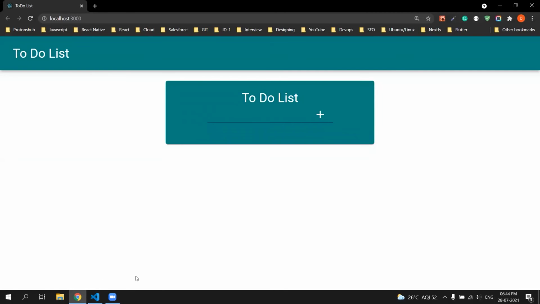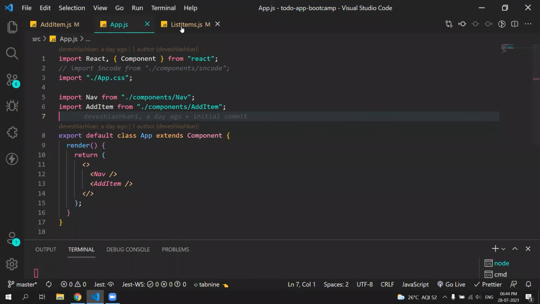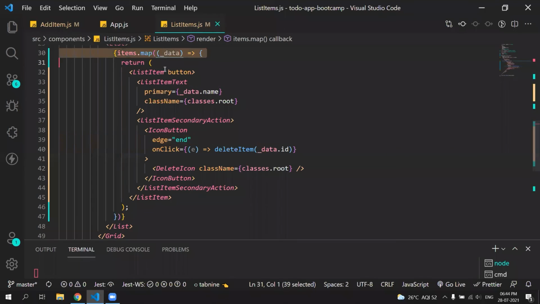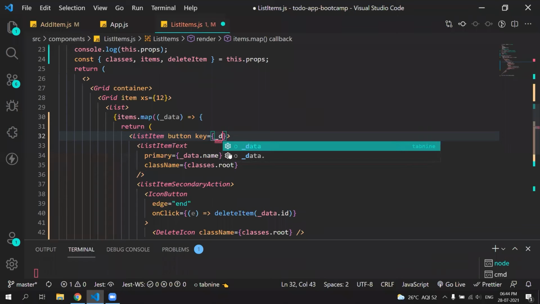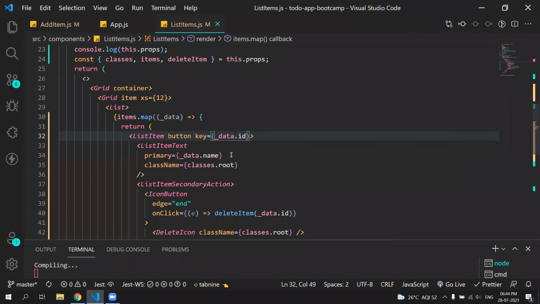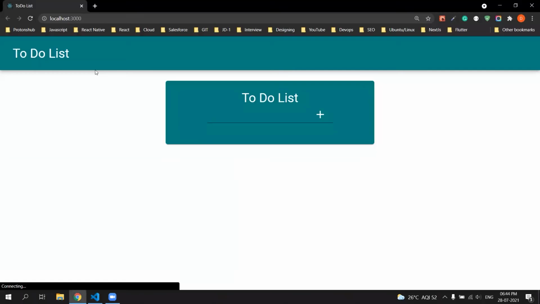One really important thing is that whenever you map through any array, there is a thing called key, which we need to add every time we loop through it.